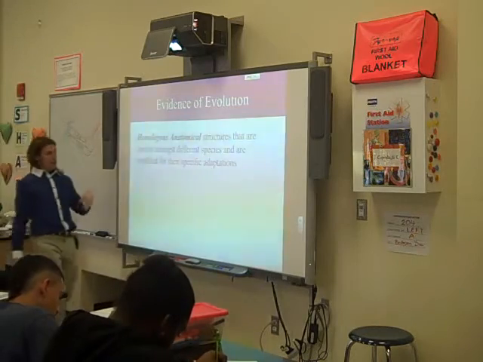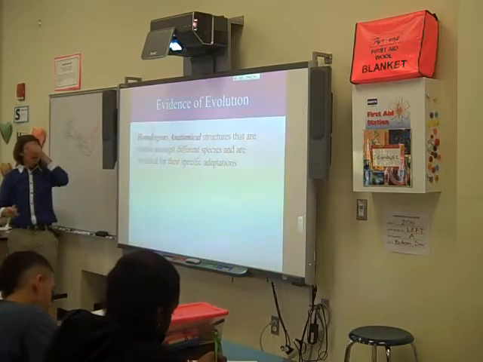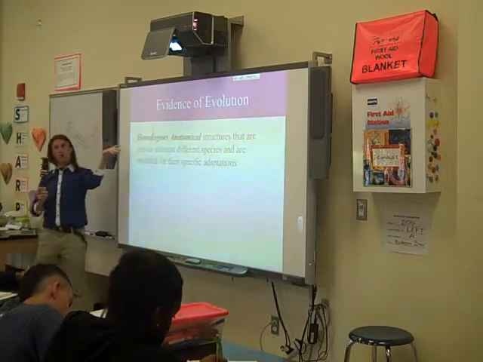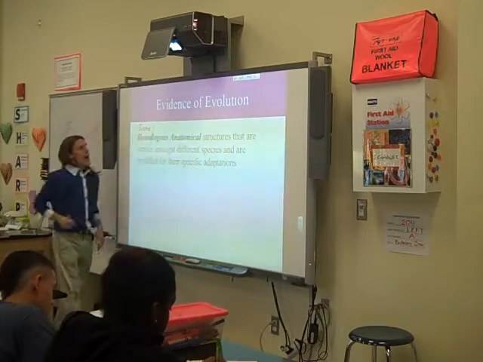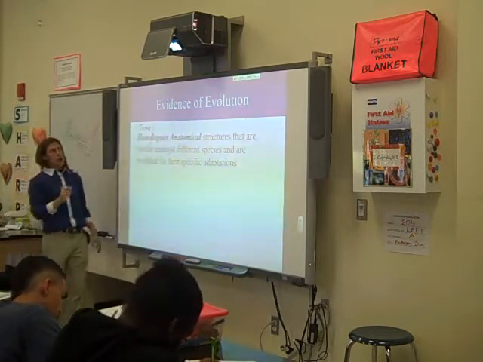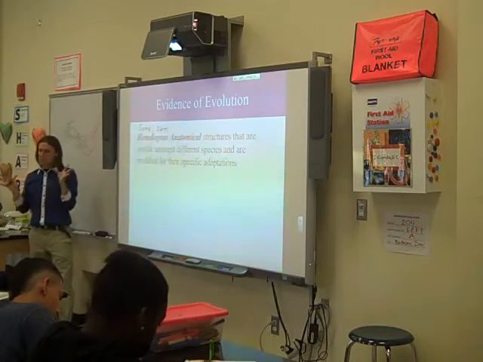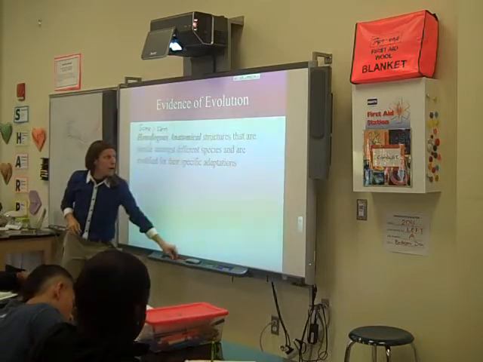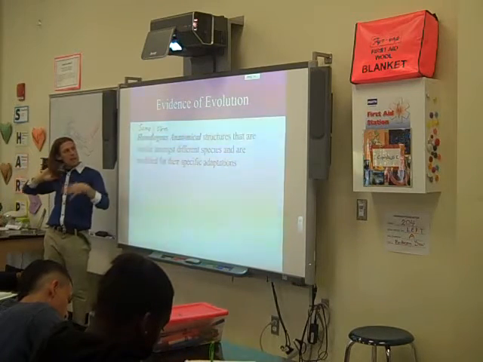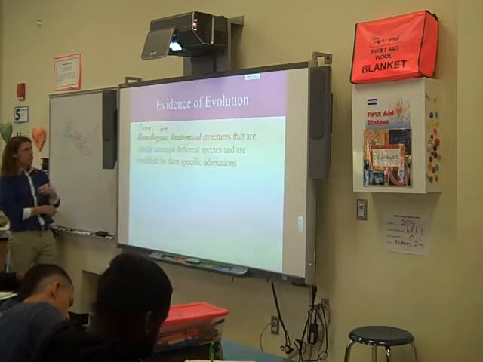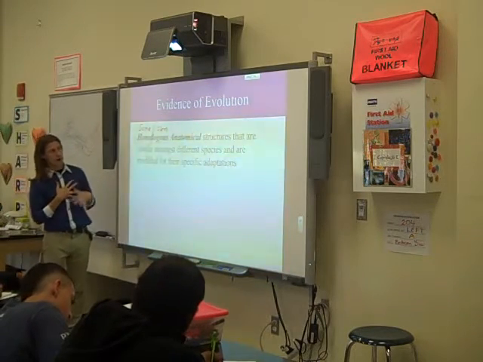This prefix, homo or homeo, pops up a lot throughout the year on several different units. So does anyone know what that prefix indicates? That things are the same. Excellent. And when we're saying homologous, we're using a synonym, stem, like it's the stem of something. We're saying the same stem. So these anatomical structures have the same kind of shape, or at least they arise from the same kind of genes, which we'll talk way more about later on.